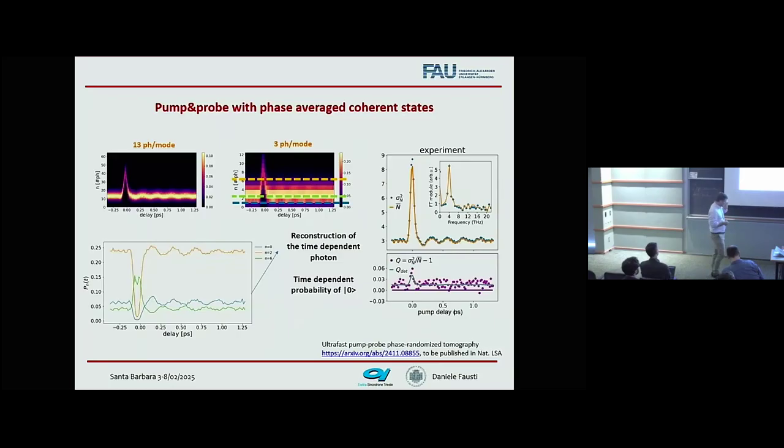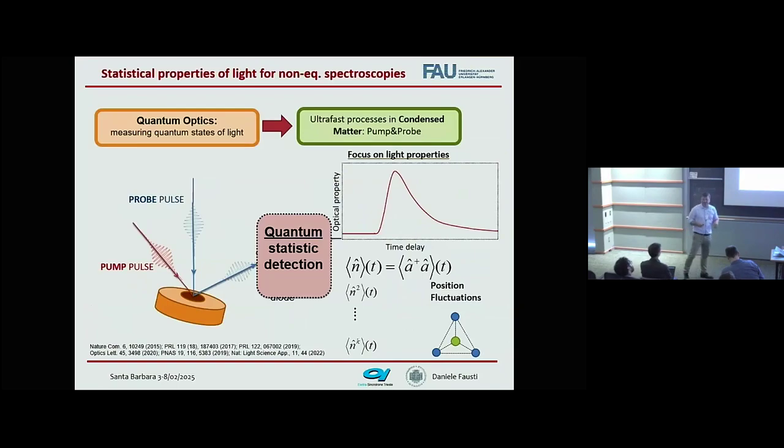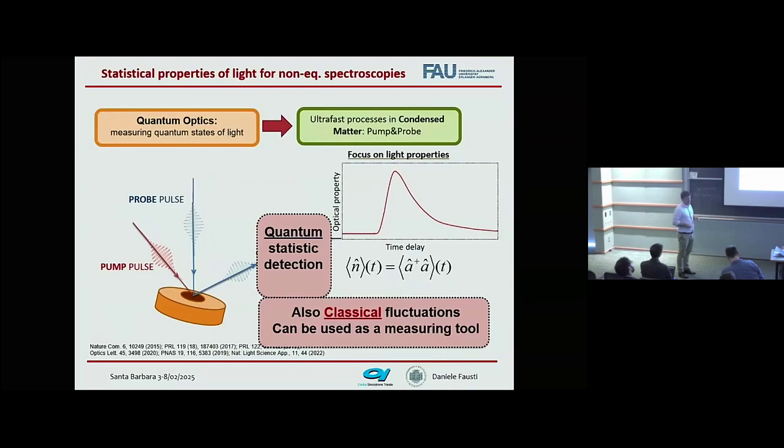And essentially, in these settings, the result is that whatever we observe, it's still a Poisson distribution, and there's no non-classicality of the phonon mode. But it's just to connect to how you can use quantum optics to address condensed matter problems. We did a lot in this sense, and we also did a lot using classical fluctuations of light. I also want to give you one result that we are working on, that I will connect at the end when I go back to the cavity.